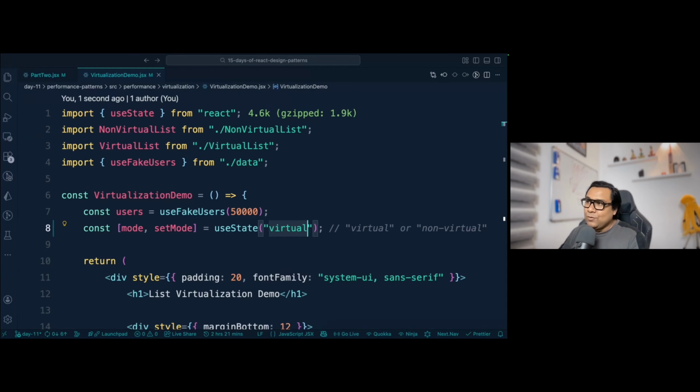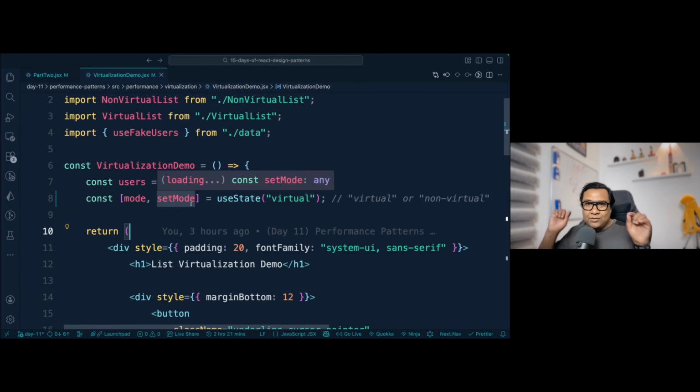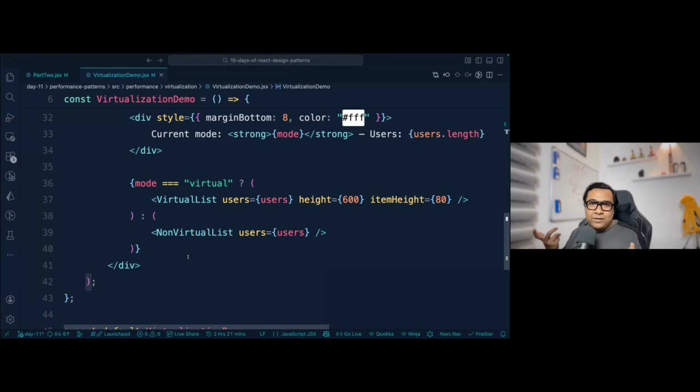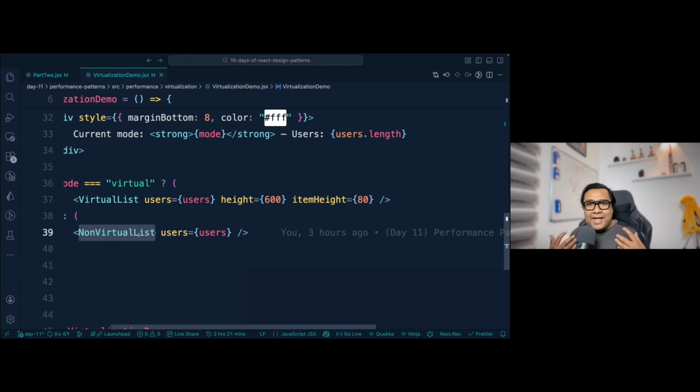Let's take a look into the code very quickly. So this is my virtualization demo. I have a mode based on the link that you click, right? Non-virtual versus virtual. I basically render two different components. One is the virtual list and the other is the non-virtual list, both with all the user data. The non-virtual list is the usual thing. It's a ul-li element where I take all these users, loop through them using map, and show all the information